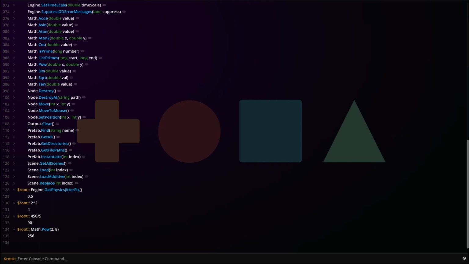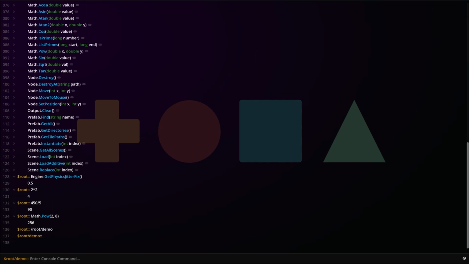So in order to call those commands, we would have to switch the context. And there's a few different methods that we can use for doing that. If you already know the path to the node that has this command, you can just type it in. So /root/demo. And that's going to switch my context to the demo node in this scene. But if you're not sure of the path to the node, or you don't know which nodes are in the scene, you can also type